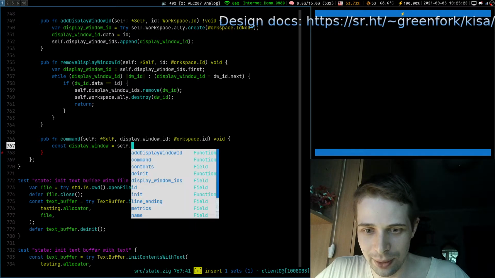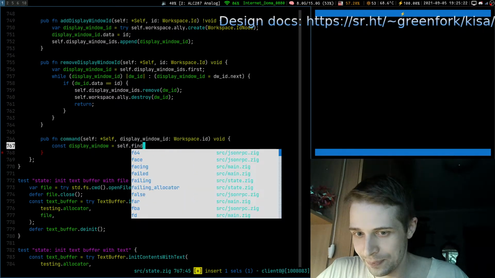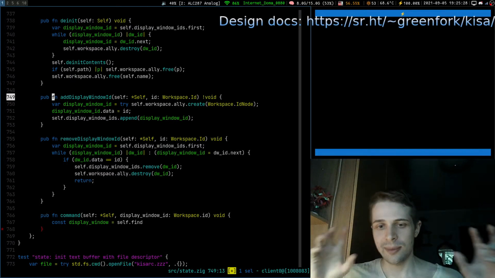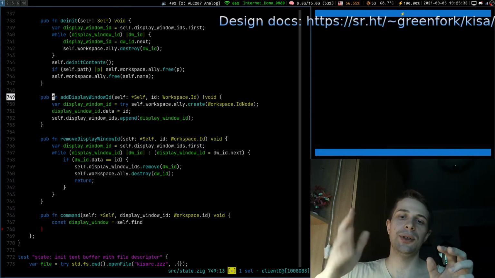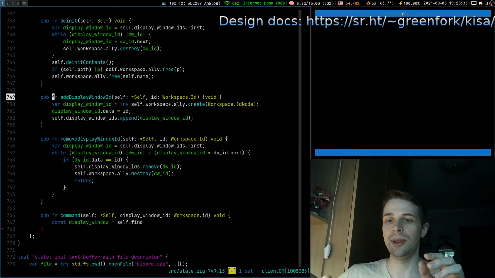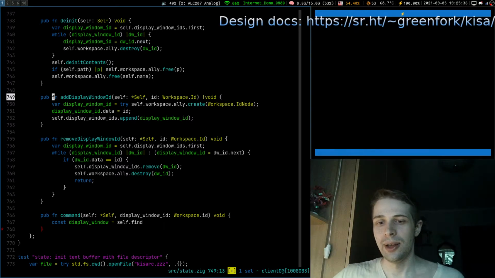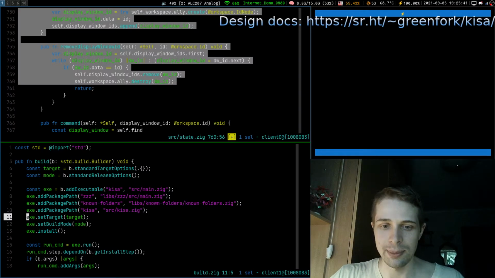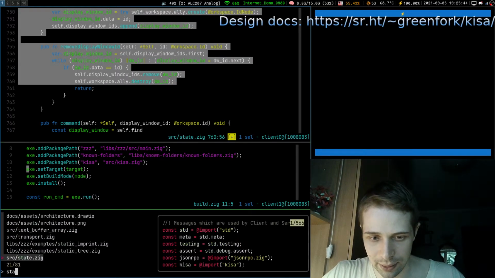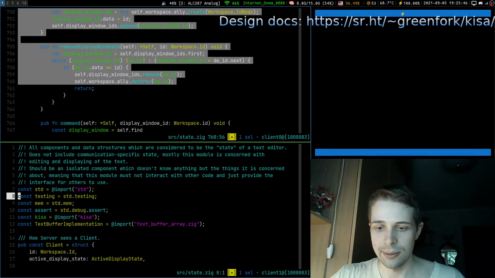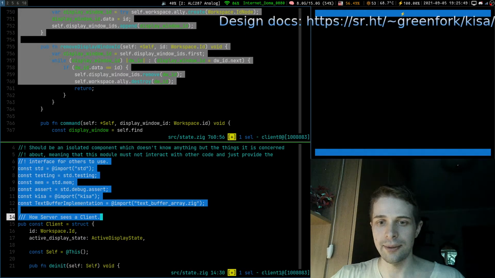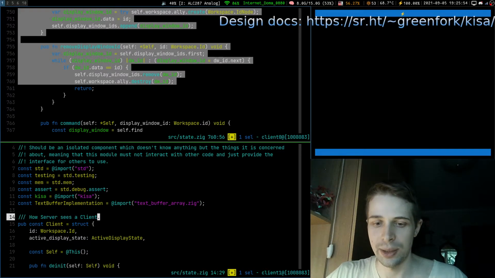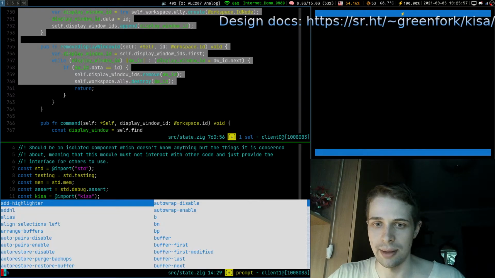Okay, now we go and say self find. Alright, and now our display windows. So, text buffer has several views, several display windows, several ways to view it. For example, here is my current editor right here, right? And I can create another display window and open the same file state. It will be a different window, but I still have some cursor and stuff, and this is what I call a display window. I use long names so they are understandable for everyone.